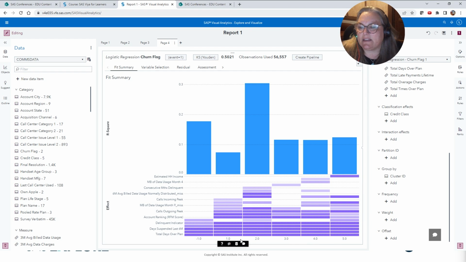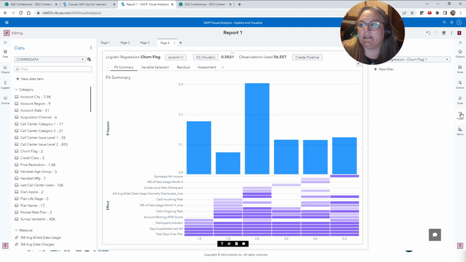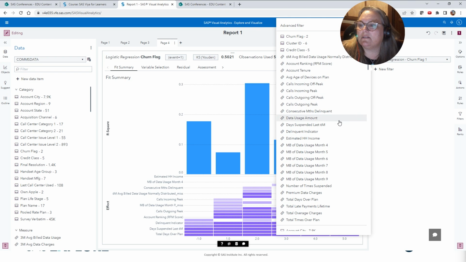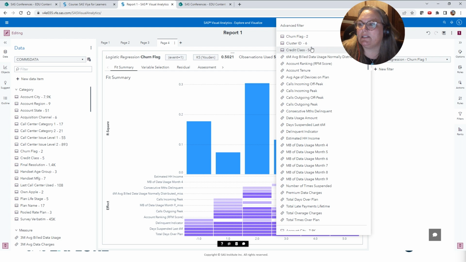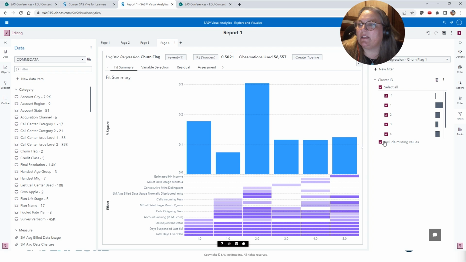Let's get rid of that -1. That's just a byproduct of writing those out. So I'm going to use my filters, and I'm going to select new filter, and I'm going to grab, there we go, cluster ID, and I'm going to remove that.